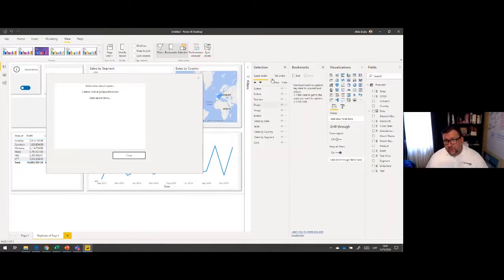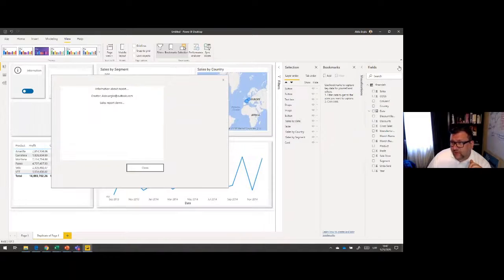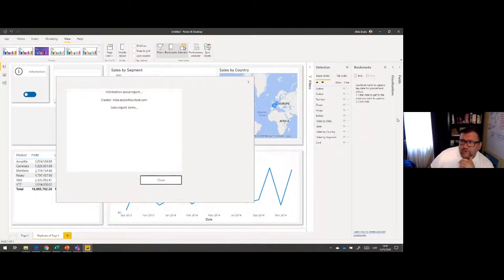When you click on them, you see we have a bookmark section, which holds snapshots of the structure of the report and what we see on the screen. I will minimize fields and visualization to have this. Now I see that this is the state when the information button is clicked, and I'm adding a bookmark. I say add, click on it, and name it information